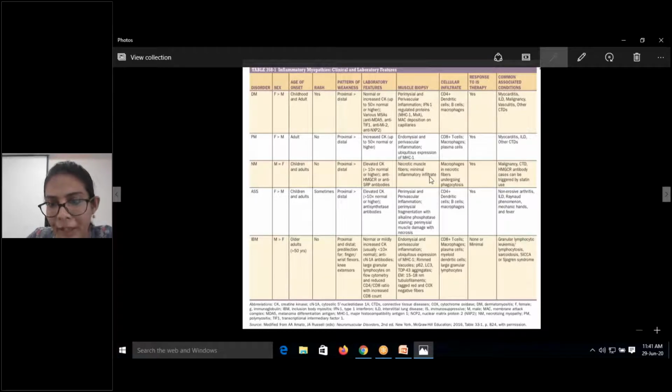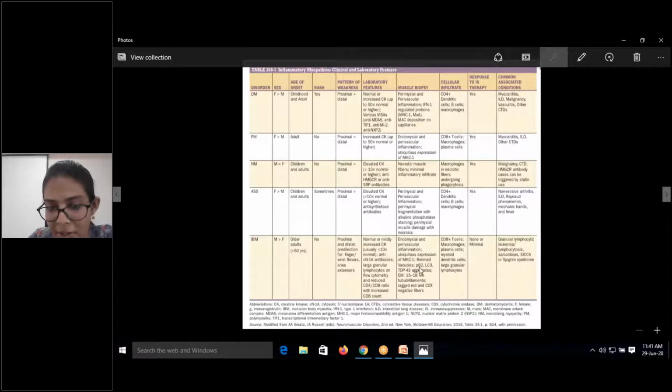Okay. And then antisynthetase syndrome, you have perimysial and perivascular inflammation and perimysial fragmentation with alkaline phosphatase staining. Perimysial muscle damage with necrosis. So you see necrosis in necrotizing myopathy as well as in antisynthetase syndrome, and perimysial involvement in dermatomyositis and antisynthetase syndrome. Again, coming to inclusion body myositis, you can have endomysial inflammation, perivascular inflammation, and there is MHC1 expression, and